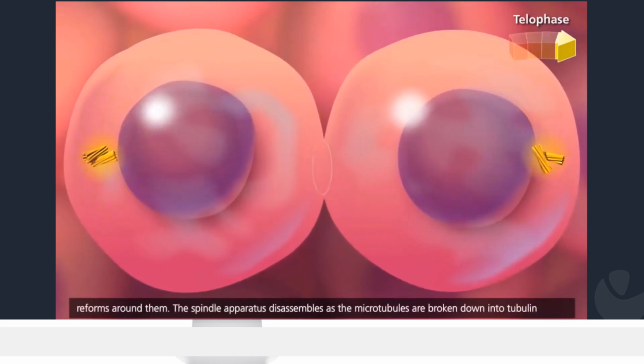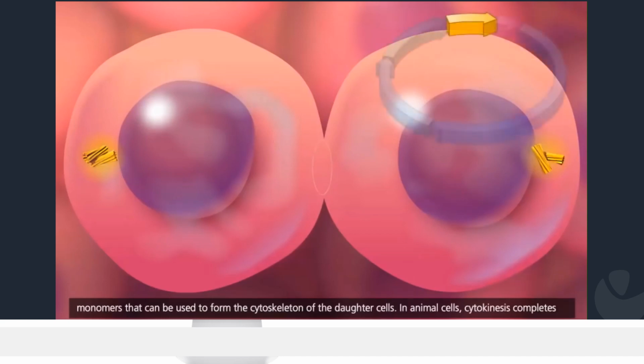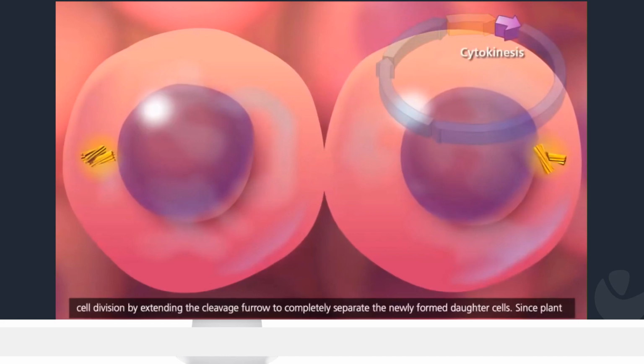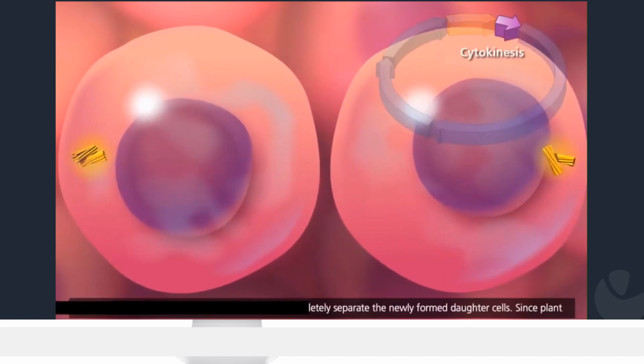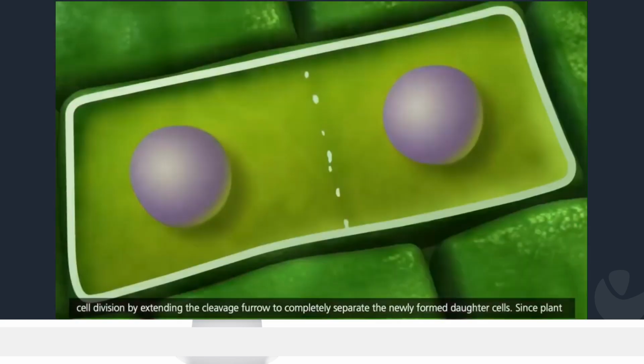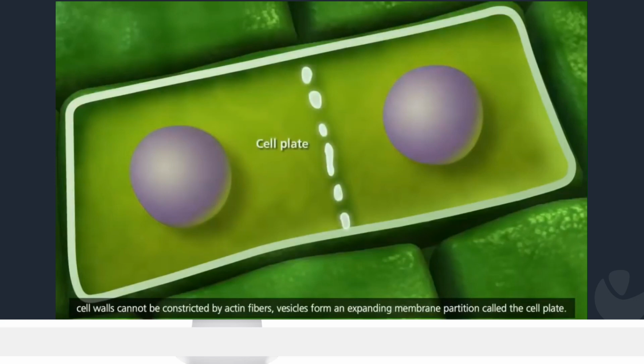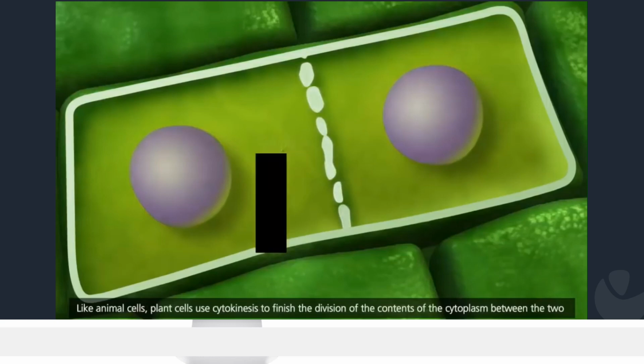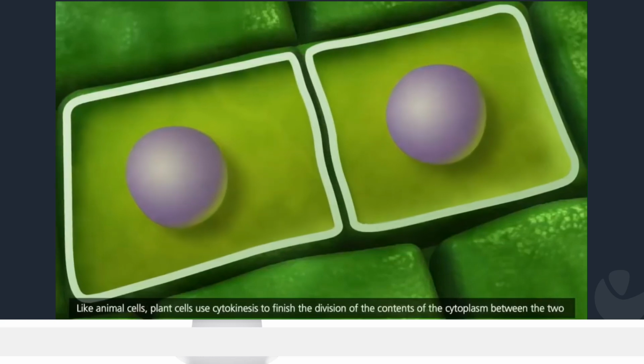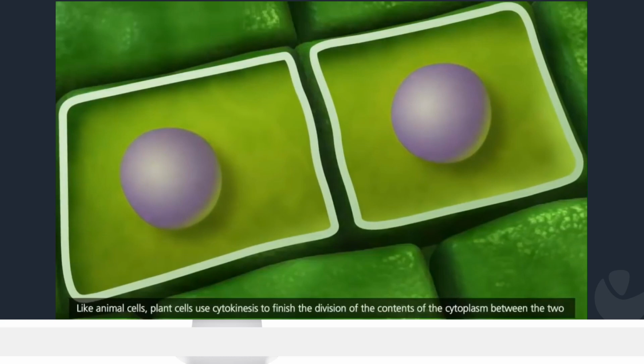The spindle apparatus disassembles as the microtubules are broken down into tubulin monomers that can be used to form the cytoskeleton of the daughter cells. In animal cells, cytokinesis completes cell division by extending the cleavage furrow to completely separate the newly formed daughter cells. Since plant cell walls cannot be constricted by actin fibers, vesicles form an expanding membrane partition called the cell plate. Like animal cells, plant cells use cytokinesis to finish the division of the contents of the cytoplasm between the two